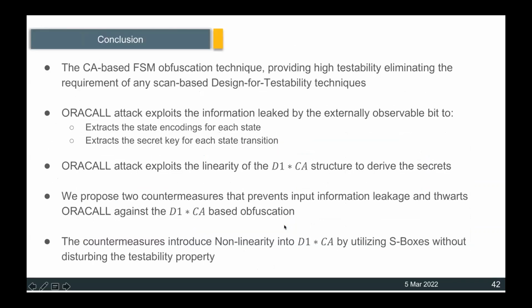So this brings me to conclude my talk with this statement: the CA-based FSM obfuscation in its original form, although promising because of its high testability and not requiring any scan-based DFT, which is not really good for security purposes. But at the same time, we saw an attack called ORACALL, which exploits the information leaked by the externally observable bit to extract the original state encoding and finally obtain the secret key bits